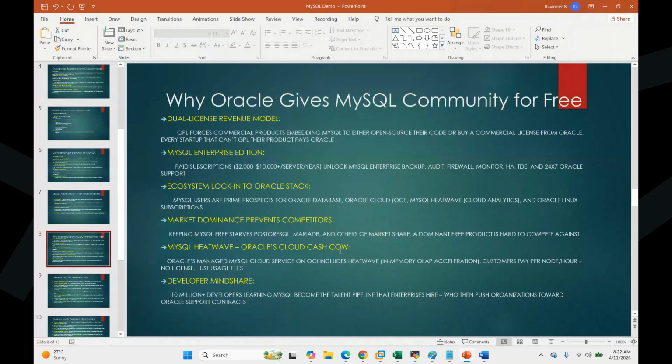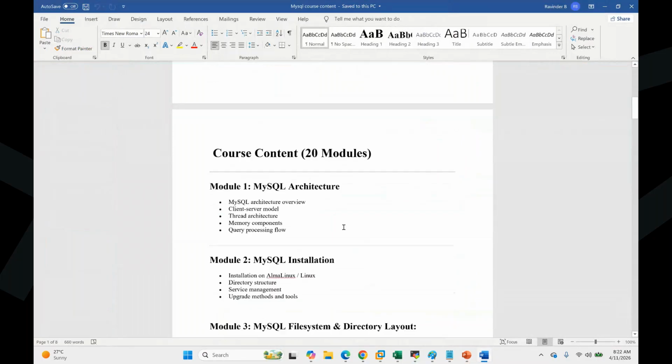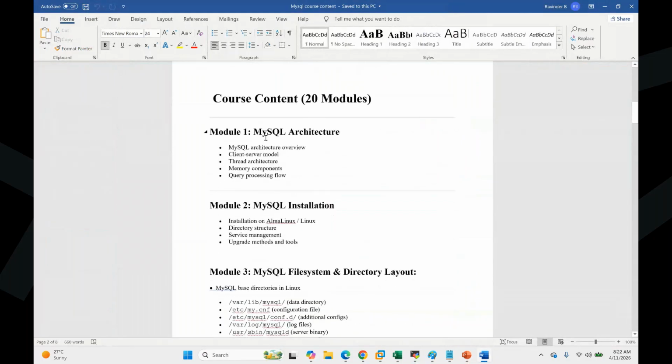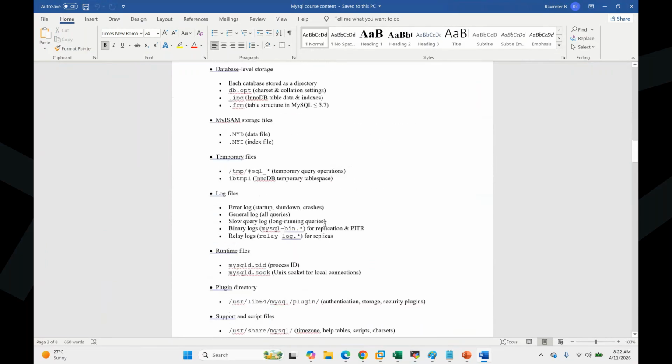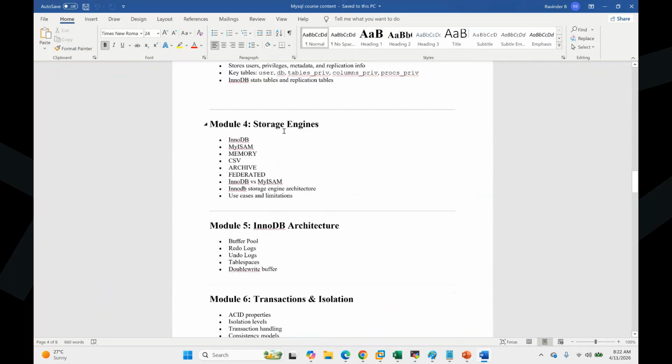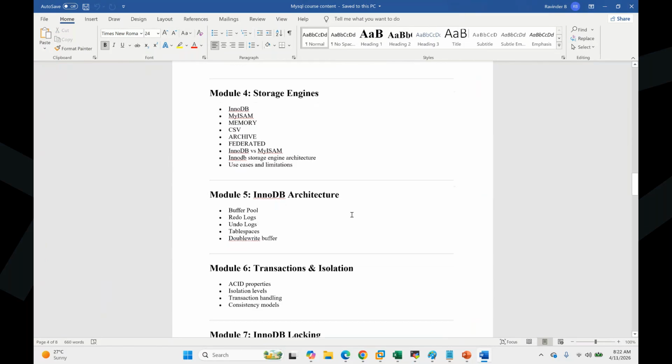So module wise, we have a lot of modules. 22 modules I divided this course into. I will add two more. In fact, I have in mind. So MySQL architecture, installation, file system. This file system is important. We're going to go through every file system that you have in MySQL, and storage engines architecture again, like memory-based InnoDB especially. InnoDB is the largest one which is implemented in MySQL. So you should know how it works internally to manage the data.